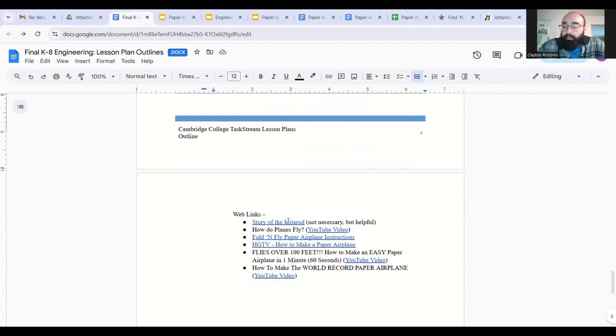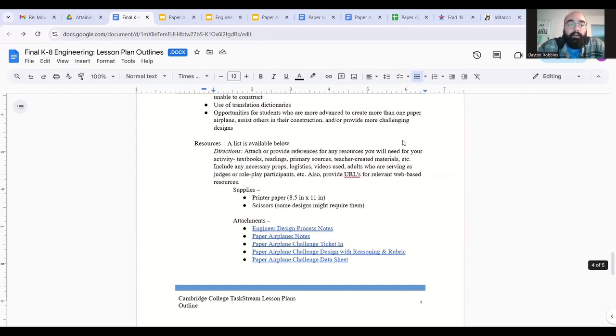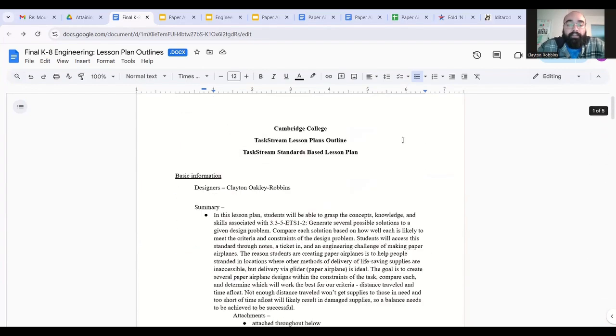So, story of Iditarod, in case that's a nice refresher. YouTube videos to show them how to create these things or the concepts behind flight, and then other websites where they can go at their own pace to fold and do what they need to do. So there you go. There's a nice, quick engineering design